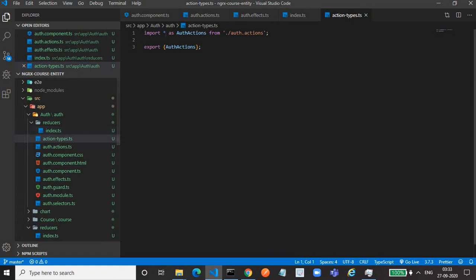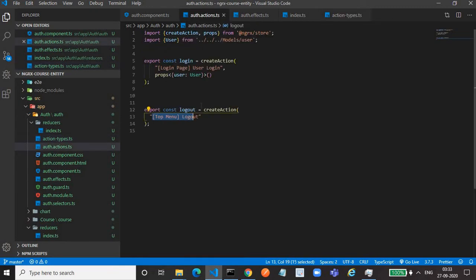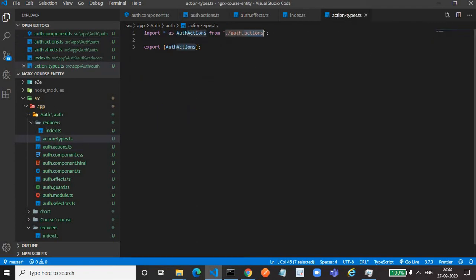So we are importing everything. Star means everything which is present in the auth.action file, that is this file. Everything means we are importing all the actions, because the export keyword is used for these two actions. So these two are imported, and these imported actions will be assigned to this alias. Then we are exporting that alias so that it can be imported.